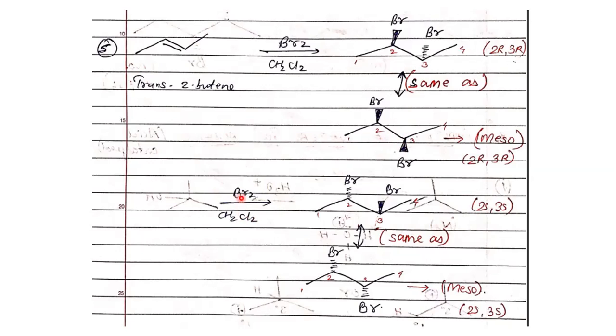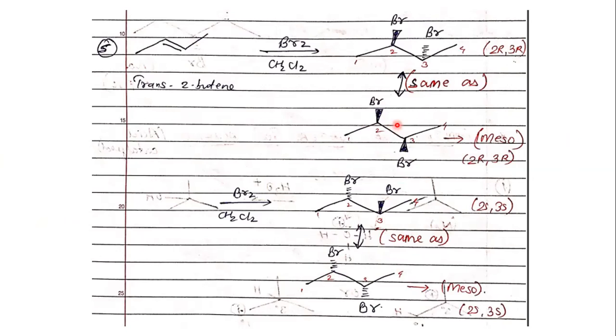The other possibility of the same reaction is: here I have used a wedge first and a dash later. What if I have a dash first and a wedge later? Again, the configuration you will get is 2S and 3S. And now if I shift this bromine from a wedge to a dash, again I'm going to get 2S and 3S. Try to solve all these four structures by the same rules that we applied in the last semester. Count 1, 2, 3, 4.